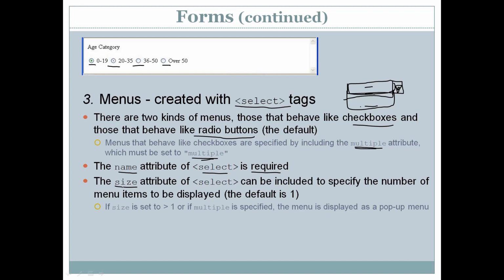If you set size greater than 1, those many items are displayed at once. If size is set to greater than 1, or if multiple is specified, the menu is displayed as a pop-up menu. Let us see with an example.